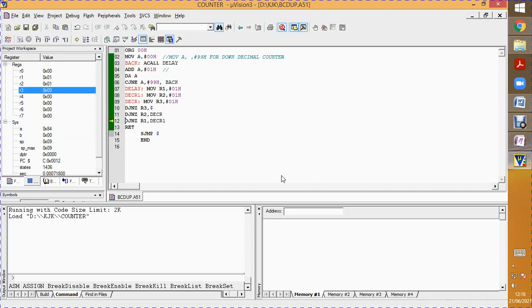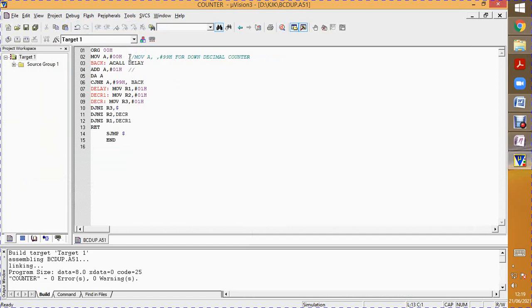So just when it comes near 90, it will slow down. So 90, 91, 92, 93, 94, 95, 96, 97, 98, 99. When it is 99, it will compare and make it 0, right? Once again, if you want, you can repeat. So for the second time, it is repeating. You can see that. So similarly, you can rewrite the program for the down counter.